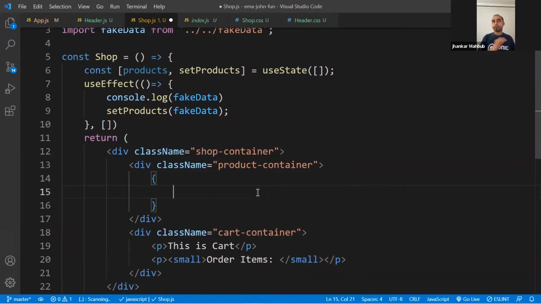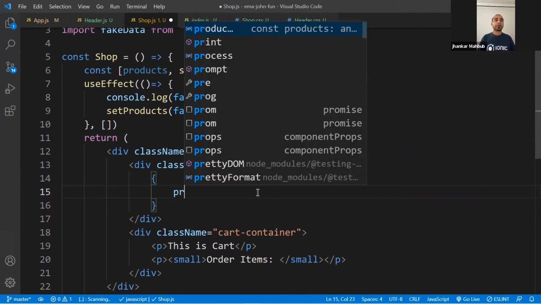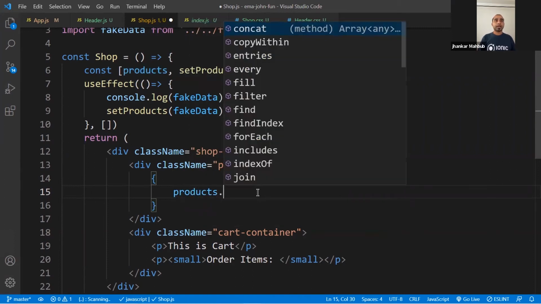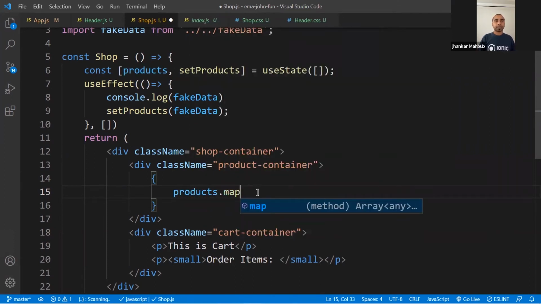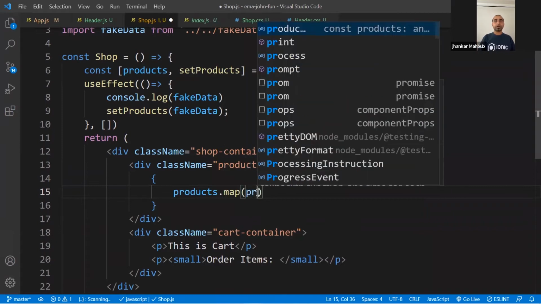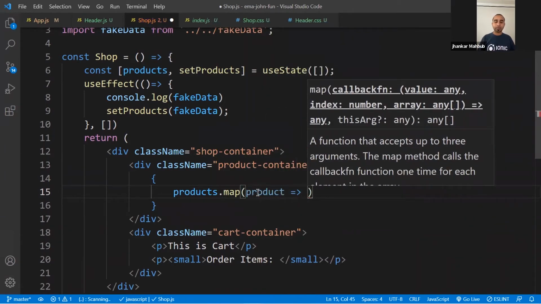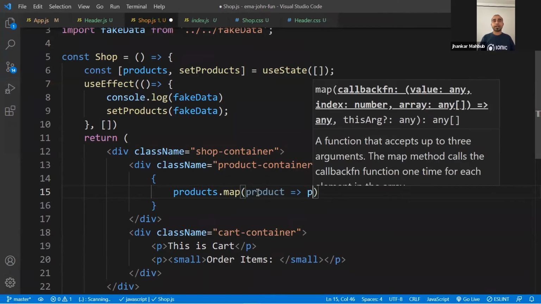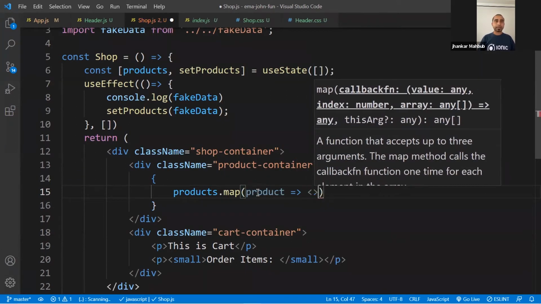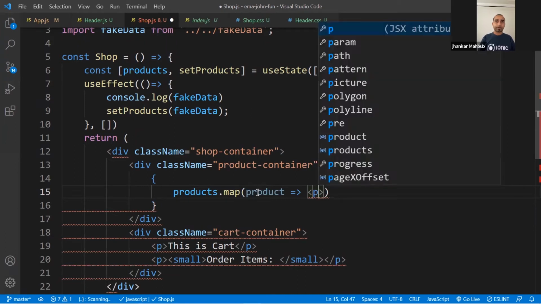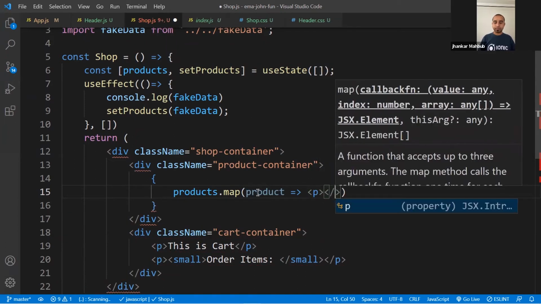And if you remember, for the frames data that we loaded in our last case, we used this dynamic second bracket to tell React, hey, this would be your dynamic code. And for the products, you can do a map, and then map for each product. So it will loop through, and for each product, you can do something in a very dynamic way. For example, you can just have a paragraph, right? And you can create a paragraph for right now, and then we can definitely make it better.